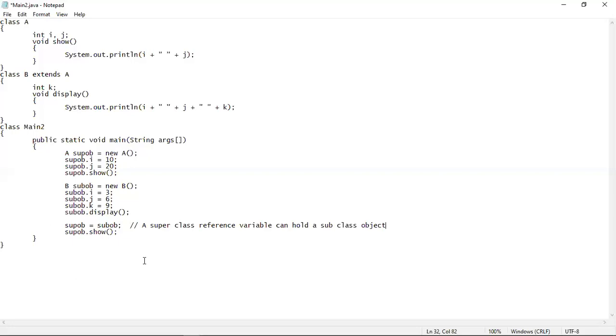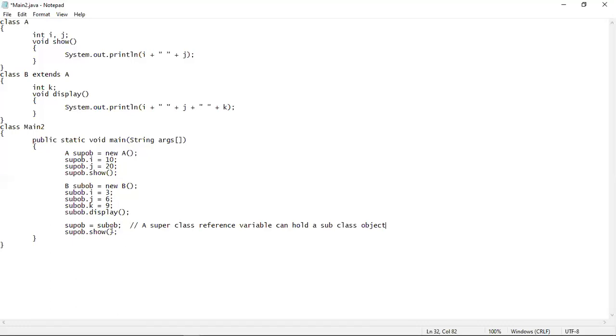If you want to store a subclass object in a superclass reference variable, that is perfectly okay in Java, no errors in it. In this case, the superclass reference variable sup ob will get all the values that have been passed into the instance variables of this program, which are i, j, and k, using the subclass object sub ob. The values passed are 3, 6, 9, and the reference variable will get all these values inside it.